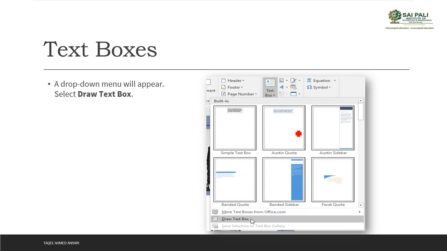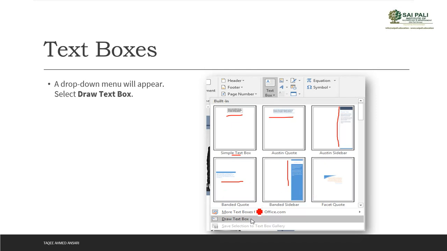multiple predefined text boxes. If you select a predefined one, you don't have to modify or format it; it will come with the formatting, colors, size and style of the font, and in a particular position. Like if I select this box, it will come on this side of the document. If I select this, it will come here. This is your simple text box, and this is one, this and this one.